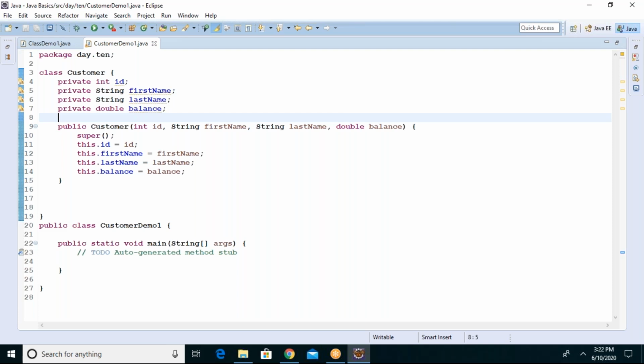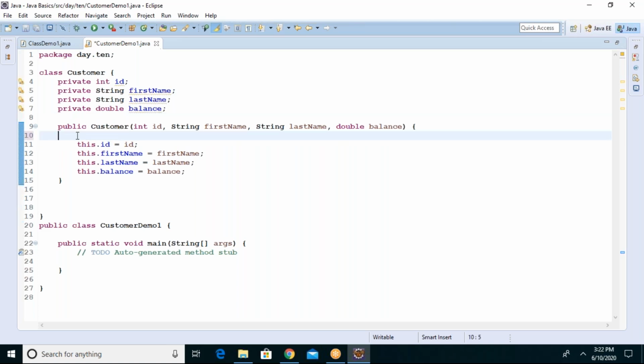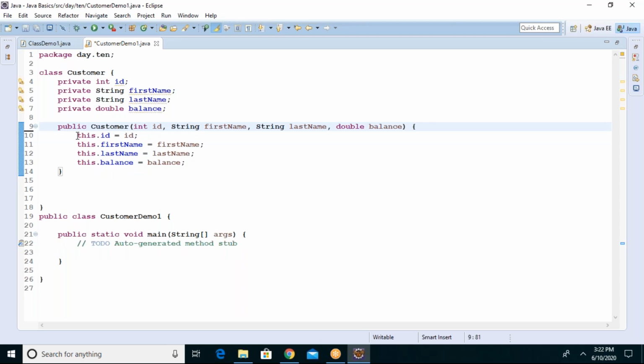So what is that super, I'll tell you about super. No, don't worry. Even if you don't write it, no problem. I'll explain what super is in the next sessions. But right now, it doesn't make any sense for us. Now, is that clear? Yes. Anybody having any doubt, guys?